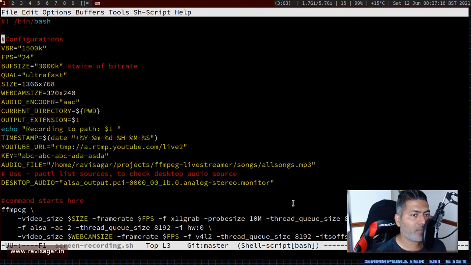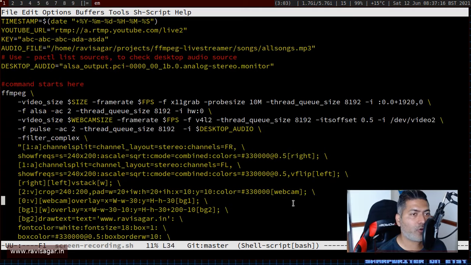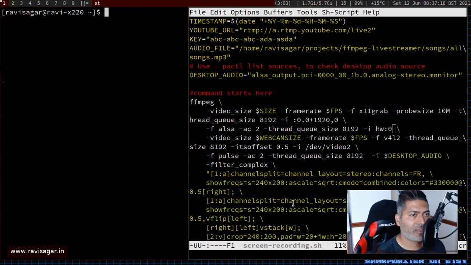For example, if I show you this particular script, which is for making a video, like doing screencasting with recording the audio from the mic as well, I am using here hw:0. This :0 is the number of the mic, and if I run the script, let us say arecord